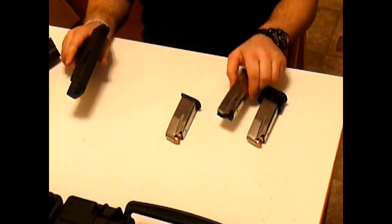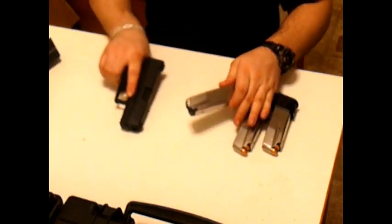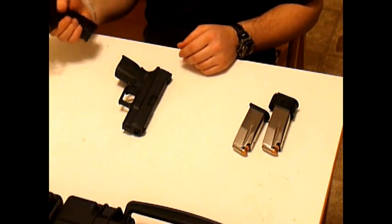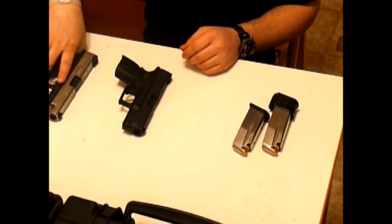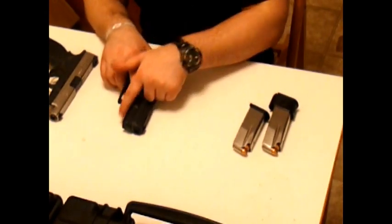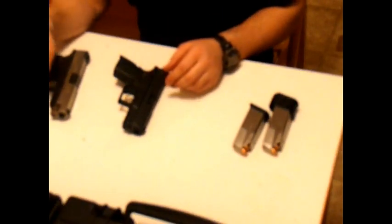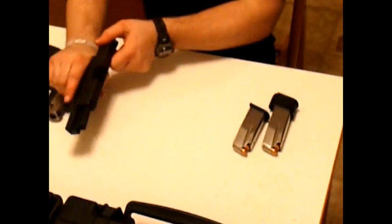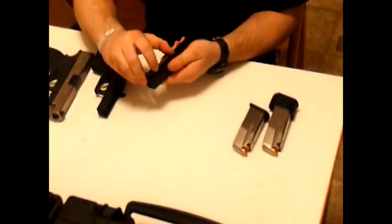As far as differences, there aren't a whole lot. The triggers are both very comparable. The rails are the same. This one's obviously a little longer because it's got a longer barrel, a little bigger in the grip because it's got a bigger grip. They both break down pretty much the same way. You just